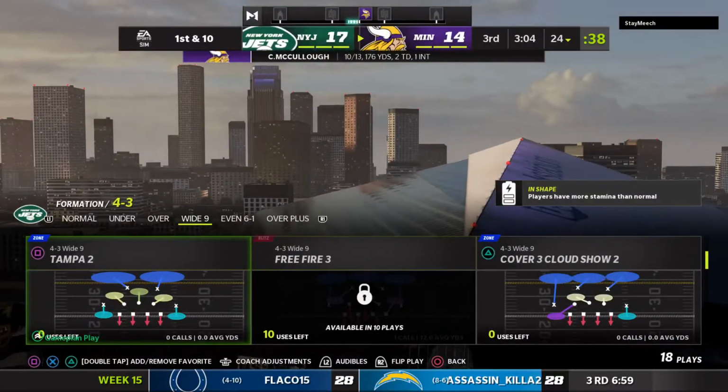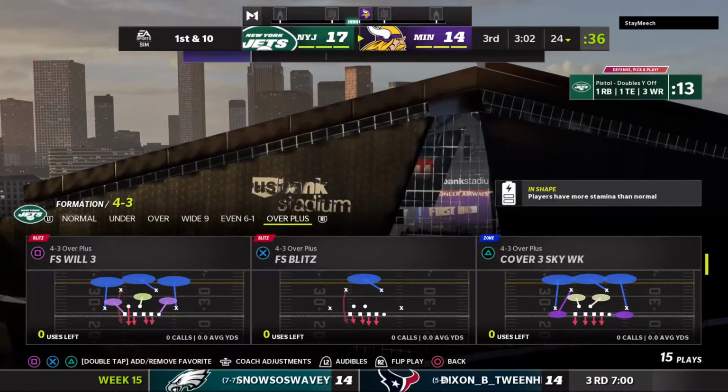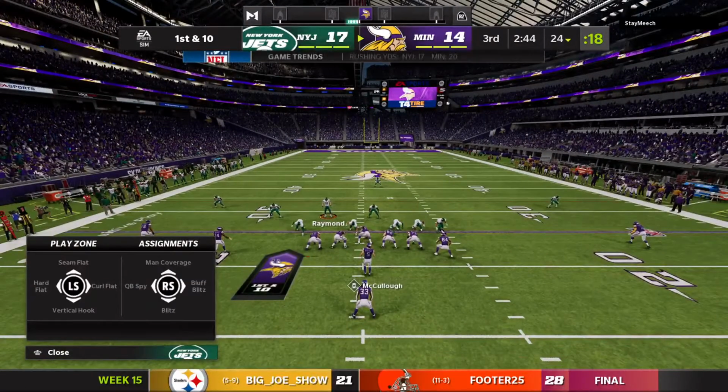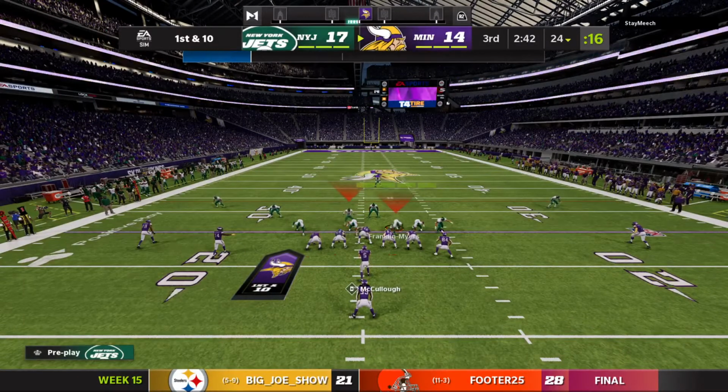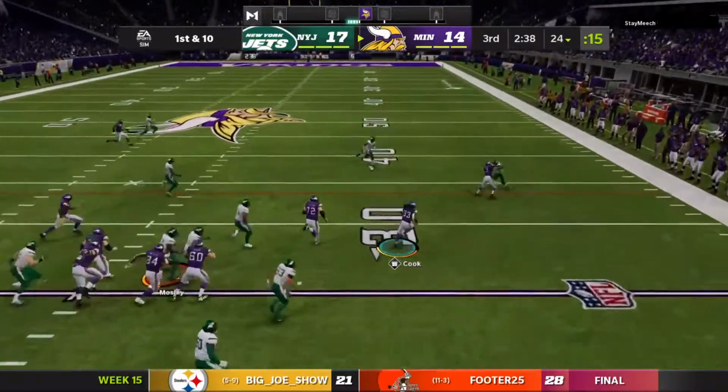Yeah, and unfortunately for them, the only thing that matters is part 2, right? Because once they threw the interception and finished off the drive, it does them no good to go back and say, well, you know, we had a good one going. Finish things off. That's the only way you can get it done. They'll run on first down. Cook